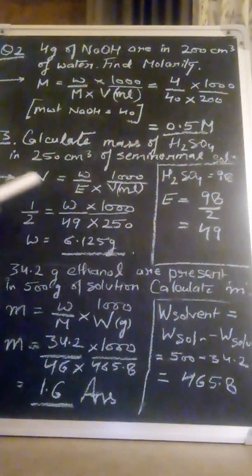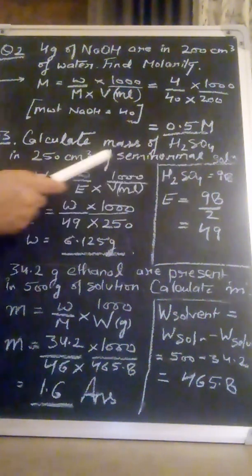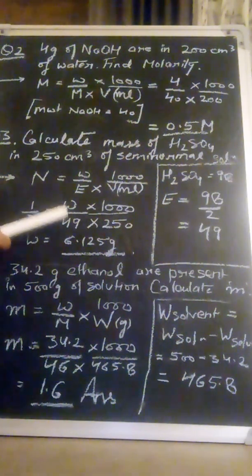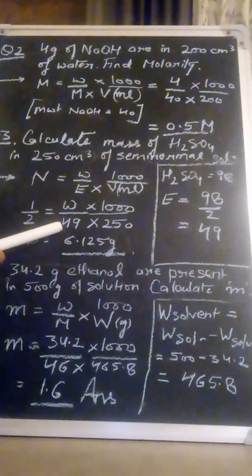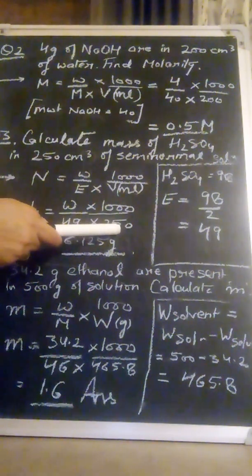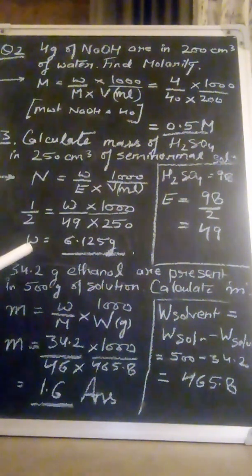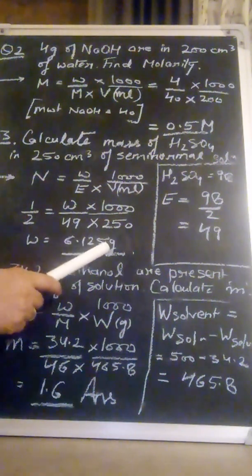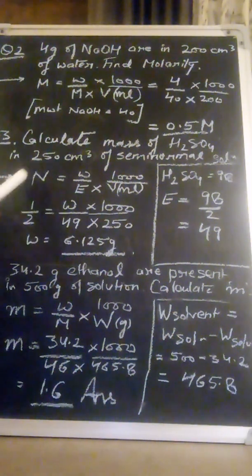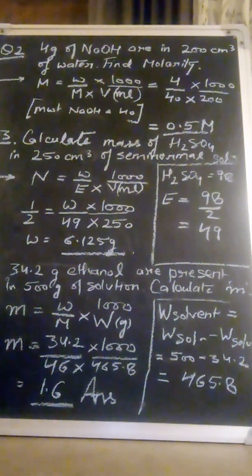So in the formula, what is the normality? It is a semi-normal solution. So normality 1 by 2 is equal to the weight of the substance, or mass of the substance which we have to calculate, upon the equivalent weight of solute. What is the equivalent weight of solute H2SO4? 49, into the volume 250 ml and 1000, and you solve it out, the weight comes out to be 6.125 gram. So this time in this question, instead of asking normality, they have asked the weight of the substance. So from this formula, anything might be given and another might be asked.